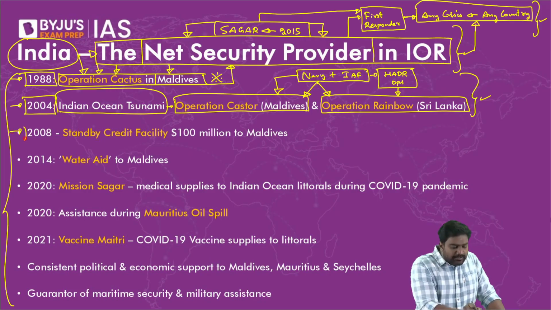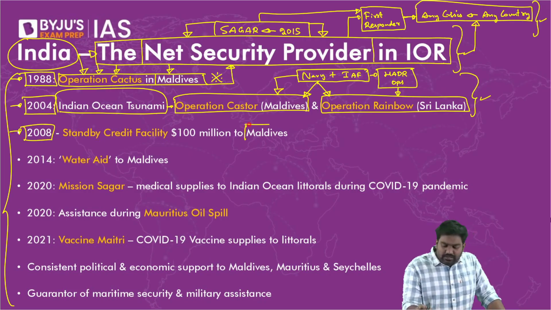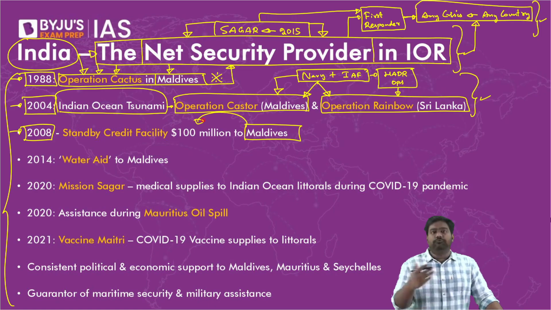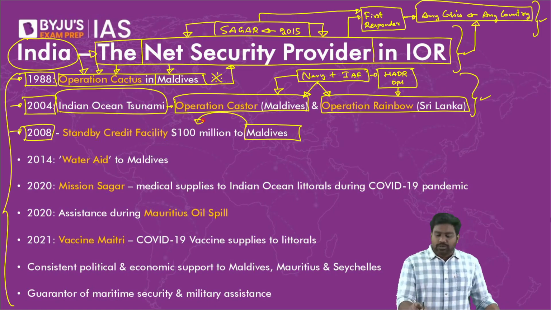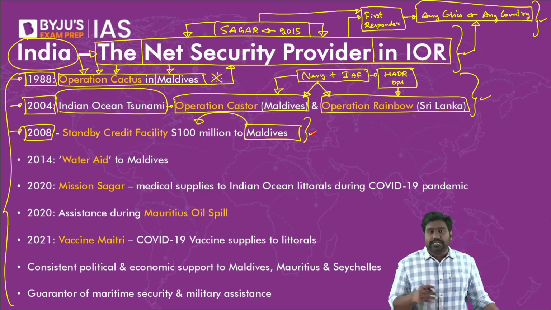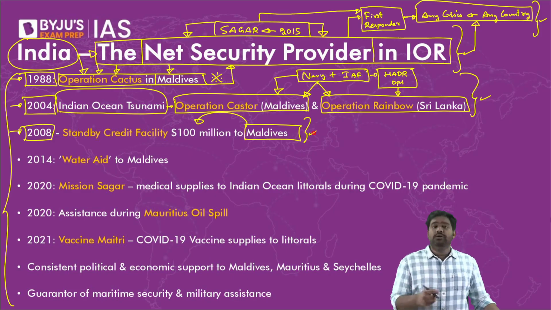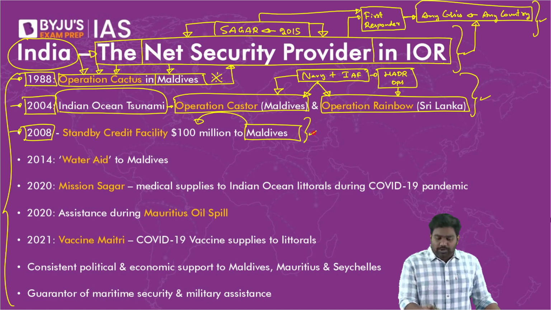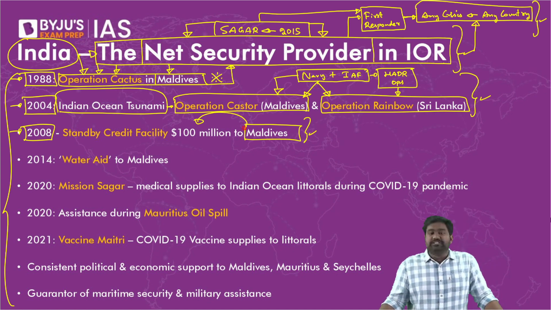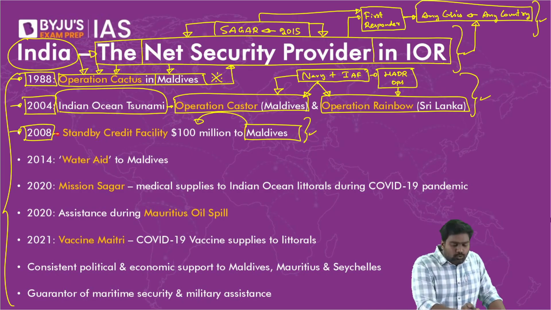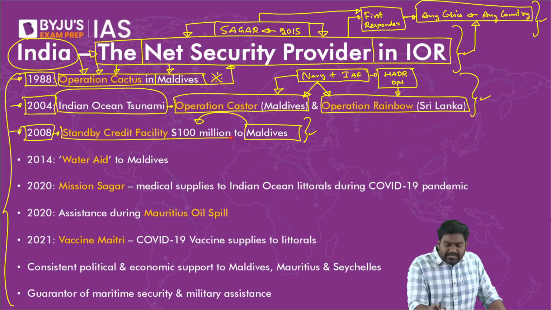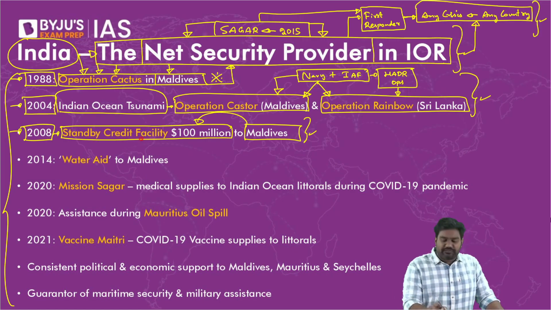In 2008, Maldives faced an economic crisis. It was running out of forex reserves because Maldives has a very limited economy. It has very limited sources of revenue. And it faced a crunch where it was not able to continue imports. It was facing a forex crunch. So to help Maldives overcome the liquidity crisis, we established a permanent standby credit facility of $100 million, which is